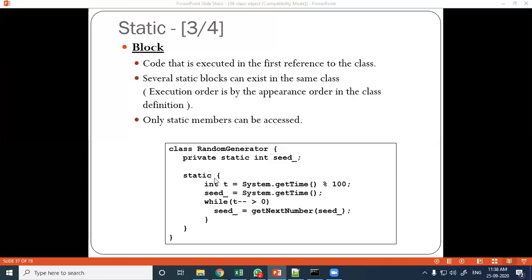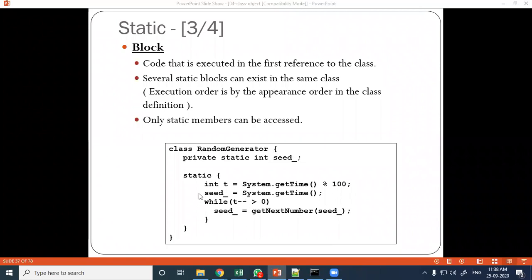Now this is your static block. Static block means the static word is written, and within curly braces some statements are written here. So that's why it is called a static block. This static block will be executed when the first reference of this class is created.